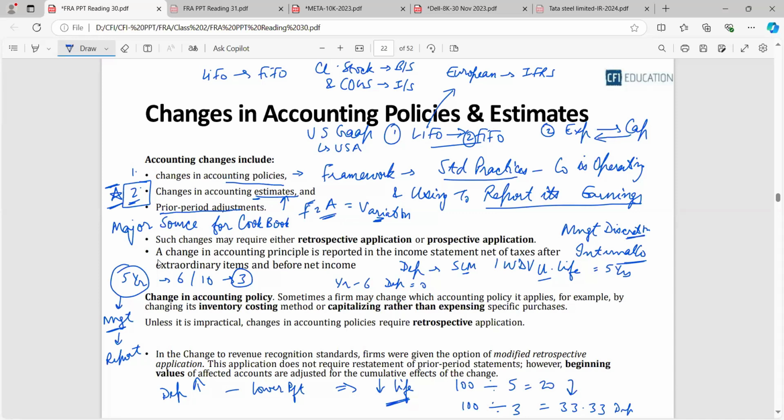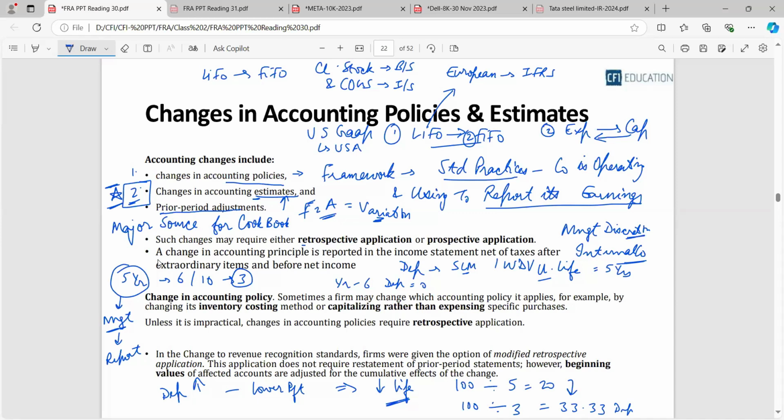So this way we are restating our earnings from the past years to this year. Maybe due to some financial regulations, maybe a genuine mistake on our part, or might be due to some accounting error. So it need not be a fraud, but it can be a genuine mistake also. So this is how the prior period adjustment is done. Now I'm just reading it: such changes may require either retrospective or prospective treatment. It can be a case for all three of them.